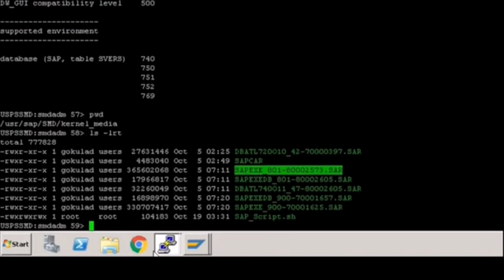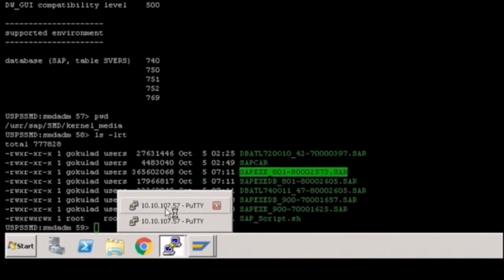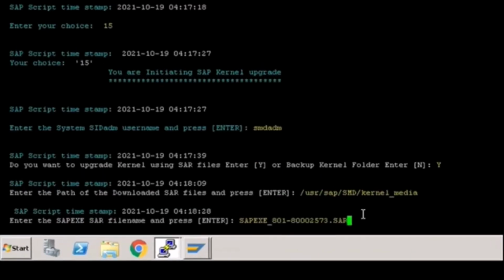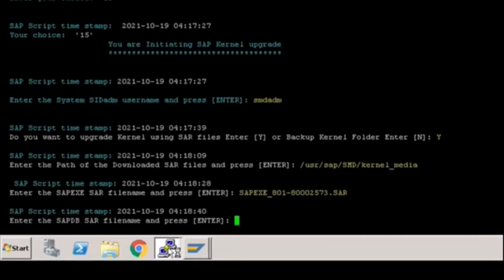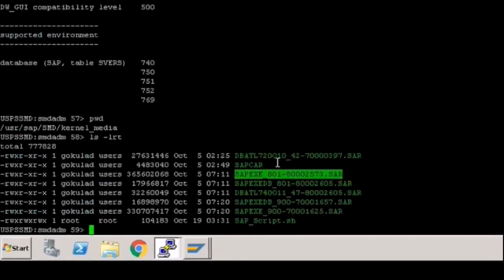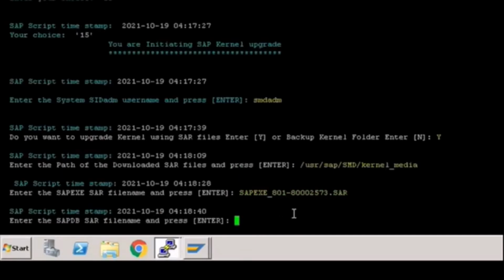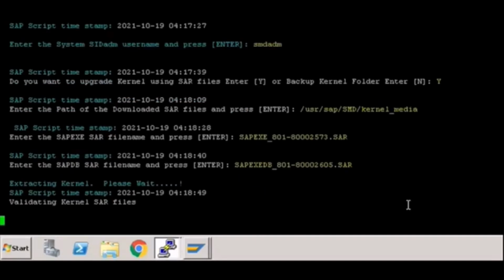I've taken the DB independent SAR file, and now the DB dependent SAR file. Here this will validate all the SAR files which we have given.